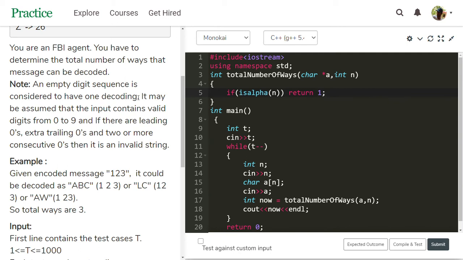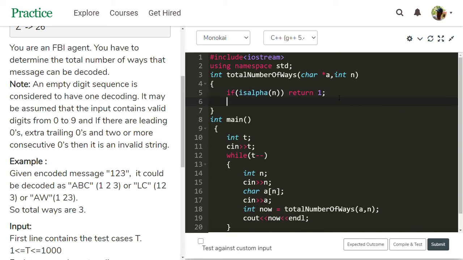That is one decoding. Next, if there are leading zeros, if it begins with 0, then that also comes under invalid string. If a of 0 is equal to the character 0, then return 0.